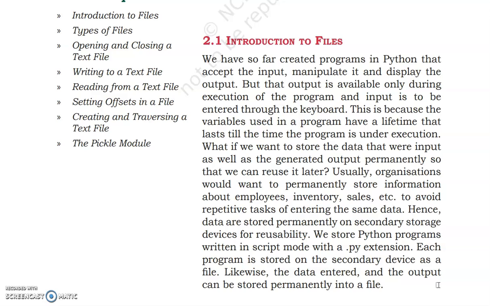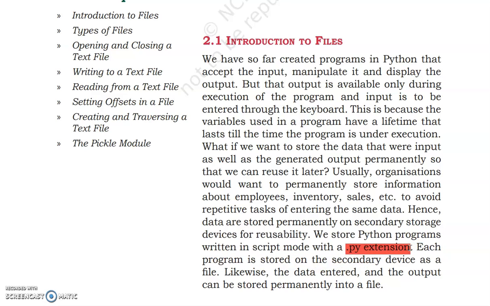Now in the same way, our Python programs can be stored permanently. For that, we have to store our Python programs written in script mode with a .py extension. Now remember, when we were learning about the interactive mode and the script mode, we saw that in the script mode we first have to save our program with the Python extension, which is .py, isn't it, if you remember?